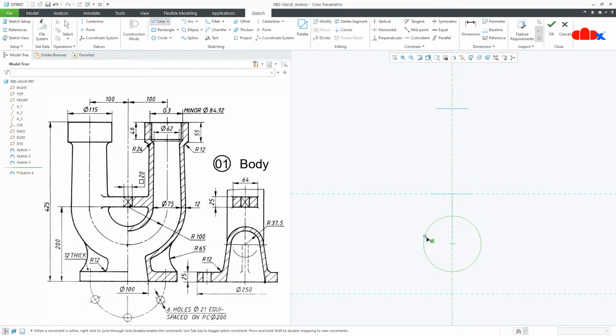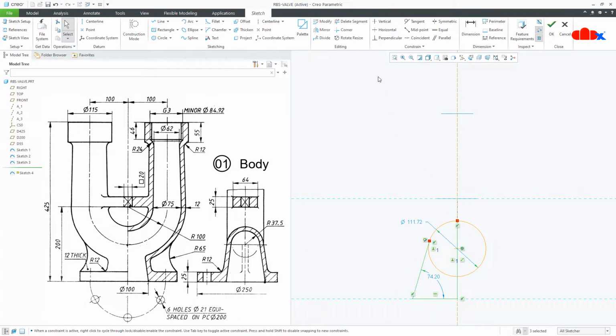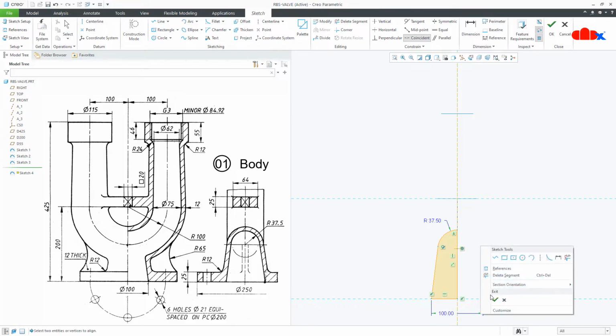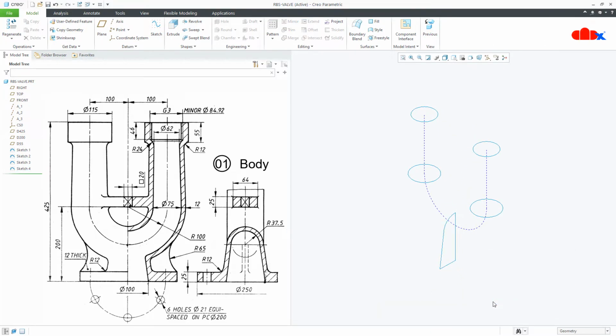A line starting from here, let it be tangent, just like this. Go to delete segment, delete this segment and this segment. Now this radius is 37.5 and this dimension is 100. Make it vertical and move this line to this reference. Say OK. Control D. So these are a few sketches.